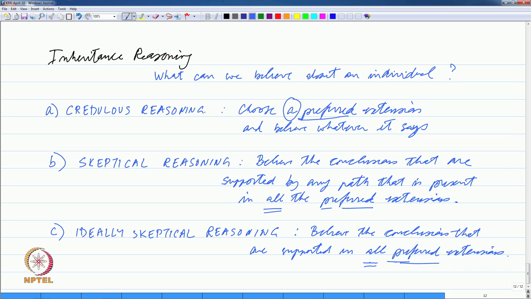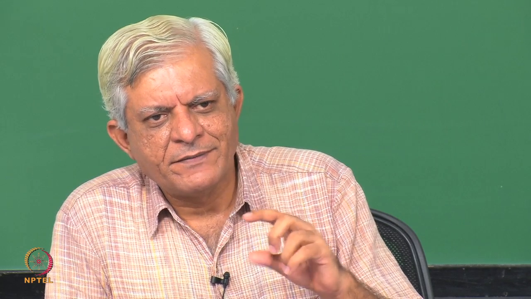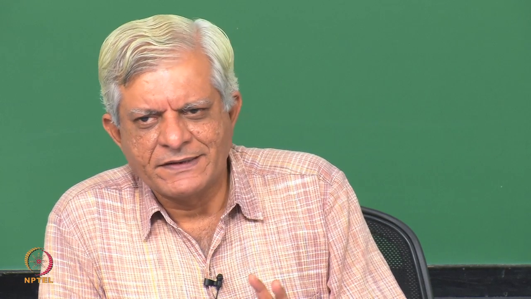Now, C does not care about what is the path which supports the fact, as long as it supports that fact, that conclusion, whereas B is really skeptical. It says that it must give the same reason, that A is x 1 and x 1 is B must be present in all the paths. That same path must be present in all preferred extensions essentially. So, there is a subtle difference between the two, but essentially skeptical reasoning says that there must be consensus amongst all preferred extensions, whereas credulous reasoning is willing to believe any preferred extension and say this is what is true about the world essentially.